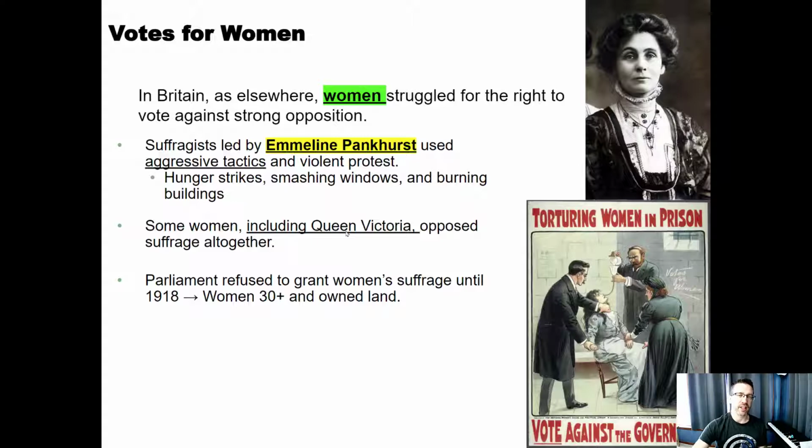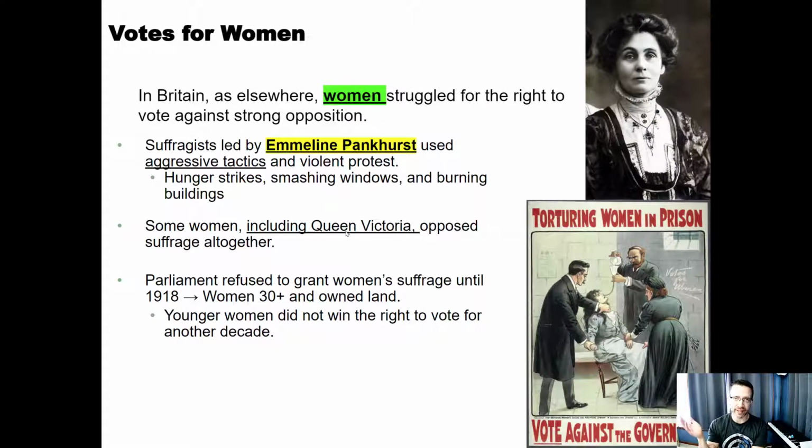But it was actually passed as World War I was ending, and they wanted to give men who were coming back from the war the right to vote. I mean, you might be maimed, you should probably be able to vote. So they made it 21 and above for men, and women 30 plus who own land. So it still wasn't even close to male suffrage at that point. It took another 10 years. So yeah, it wasn't until 1928 that younger women down to 21 were able to vote. All right.